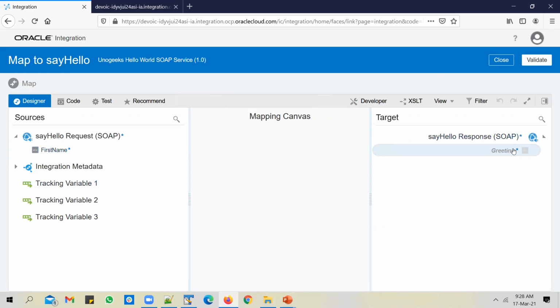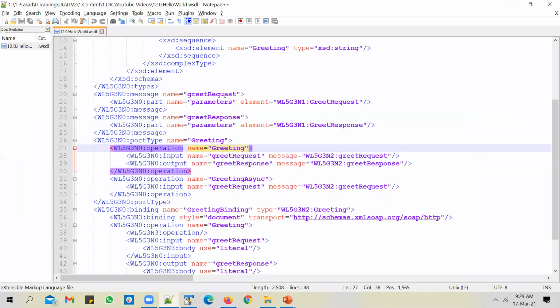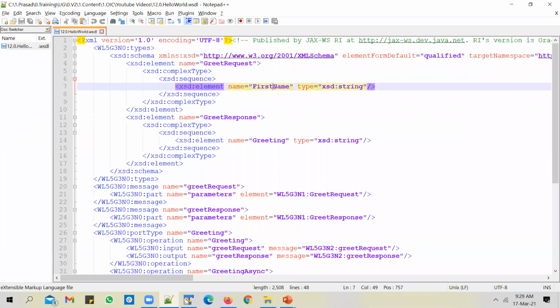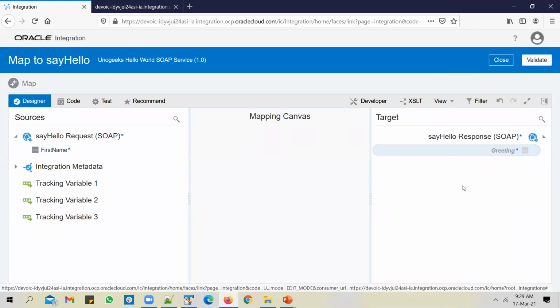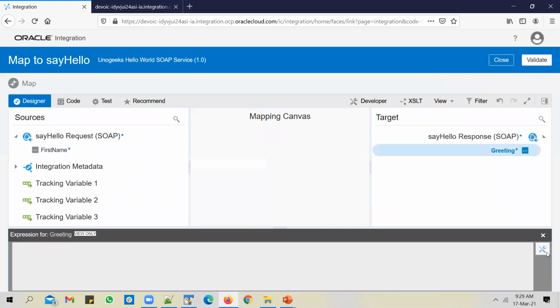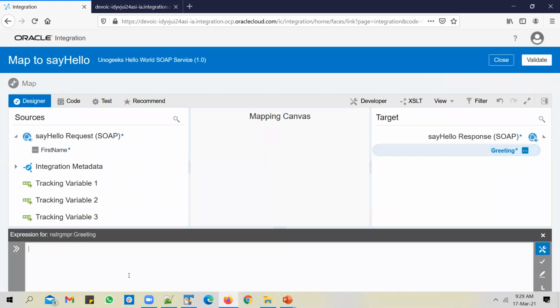This first name and greeting have come from the WSDL file that you uploaded. If you look at the WSDL file, there is a first name in the input and there is a greeting element in the output. That's why you're seeing these attributes. So I want to create a target node on that greeting, edit it, and use a concat function.